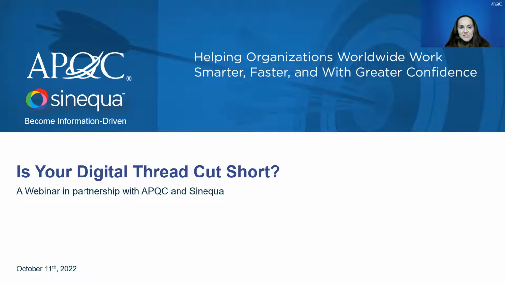So in KM, we're always trying to connect the dots between different pockets of siloed information so we can achieve that more holistic view and hopefully identify trends, patterns, and insights. And I'm very excited to have our speakers today talking about this idea of the digital thread, which is a way to enable some of those activities. And this is an emerging area, so I expect to learn a lot today.